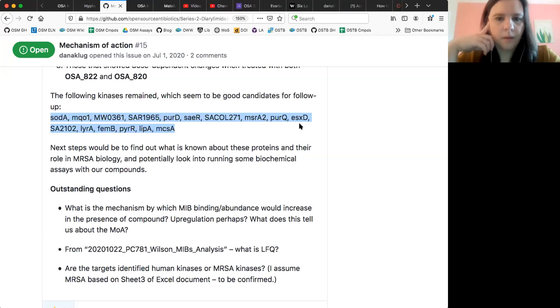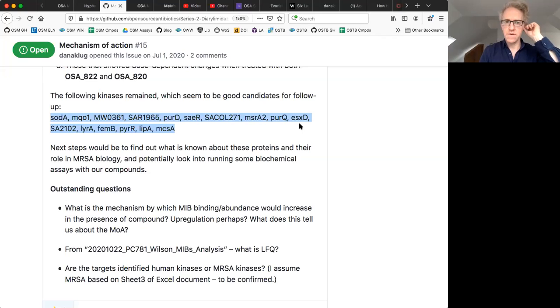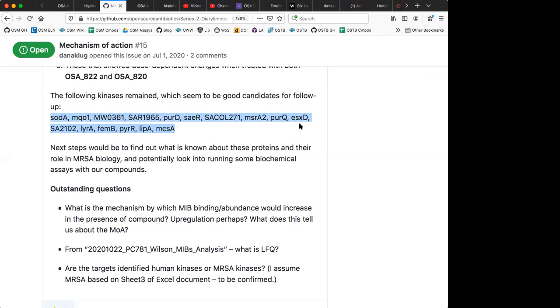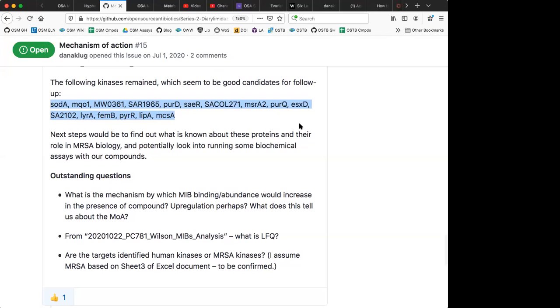I'm just thinking about whether that's true. I don't know the extent to which these are MRSA versus human. Does anybody else have experience with this? Slightly. I know the four-letter scheme, the lowercase three letters with a capital A, is used in bacteriology and biotech. When you're engineering bacteria, that's usually how you name the genes. So these are likely the bacterial ones. If you look them up on UniProt, you should get something.